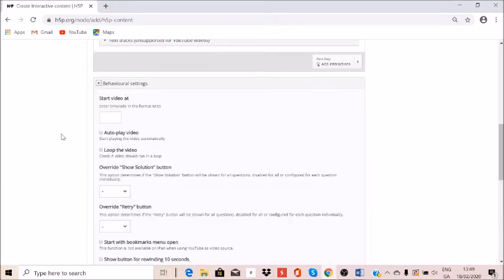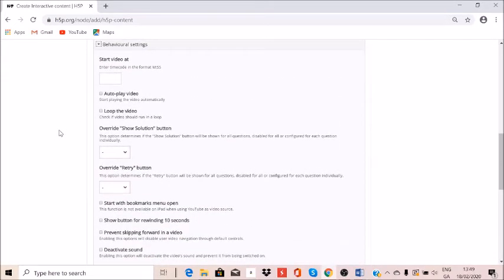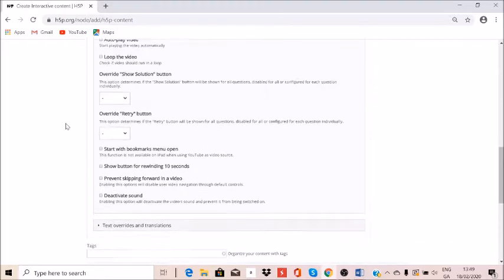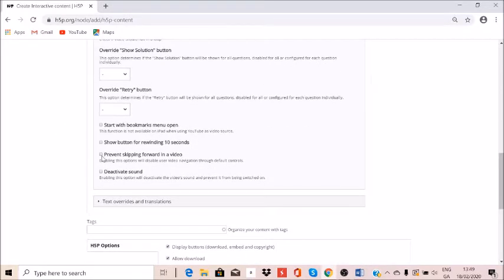In here we have behavioral settings. This gives you a number of options around where to start the video, whether you autoplay and loop, etc. Now I would say, in my opinion, one of the most significant ones here is this preventing skipping forward in the video. So this combined with a retry button is a really good method for, I suppose, controlling the interaction